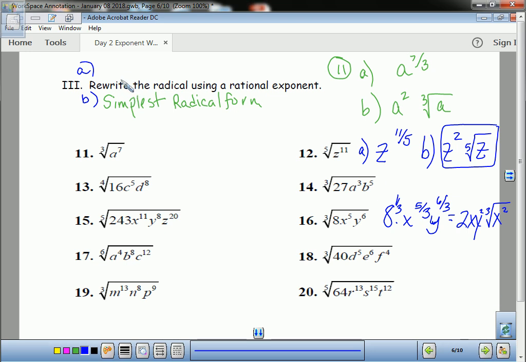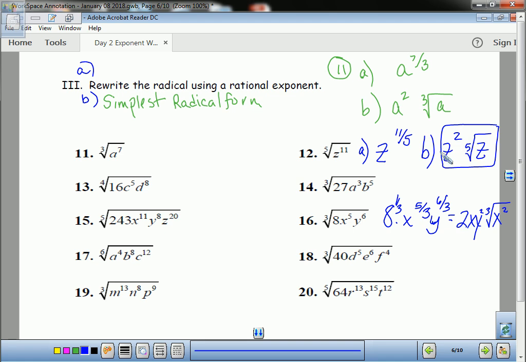All right, so this was simplest radical form and rewriting with a rational exponent. So, number 11 we had done together, so let's talk through number 12 now. This is the 5th root of z to the 11th, which could be written as power over root, z to the 11/5. Now this is a nice form to help us simplify. Remember to put this in simplest radical form, you say, okay, how many times does 5 go into 11? Well, that's twice. So 2 z's, z squared